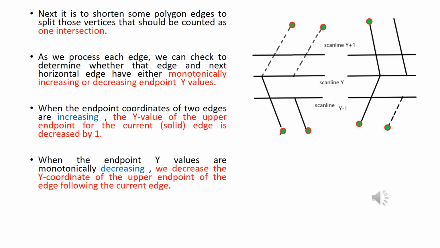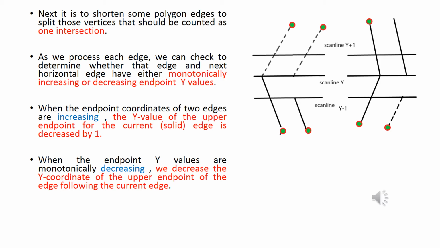In the previous slide, I said that for a single intersection point, we have to do some additional processing. For a particular intersection point which is also a polygon vertex, we check whether the two consecutive edges have come from different sides. That means we check whether the y coordinates are monotonically increasing or decreasing. Monotonically increasing means we are considering the counterclockwise direction, and monotonically decreasing means the opposite direction.